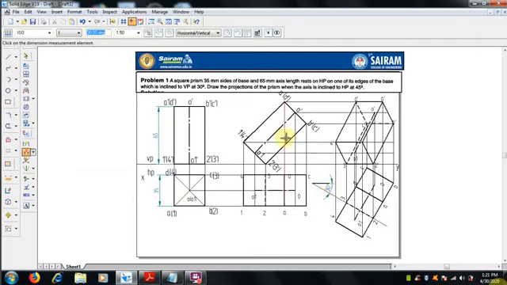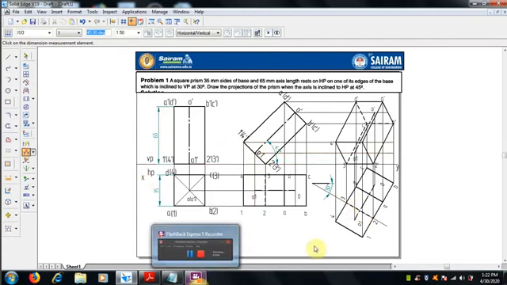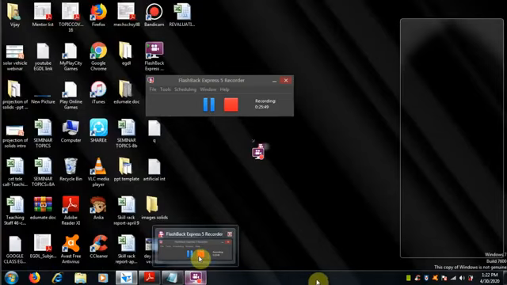The inclination angle with the VP and the axis inclination should all be completed. Reference line, x-axis, right, this is over.